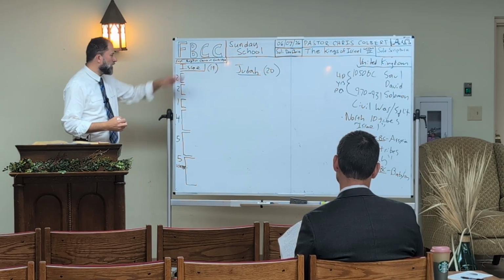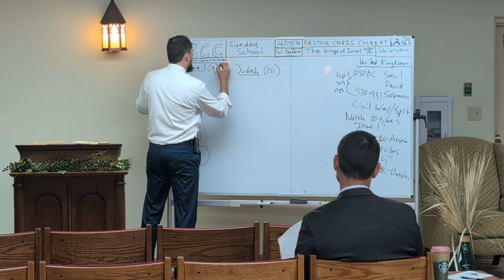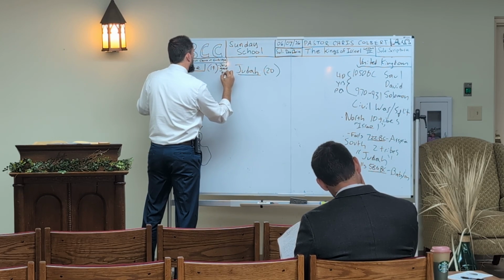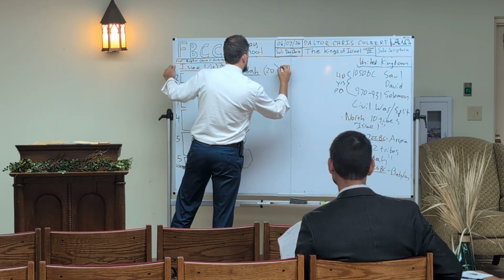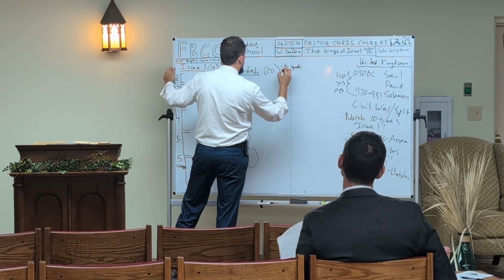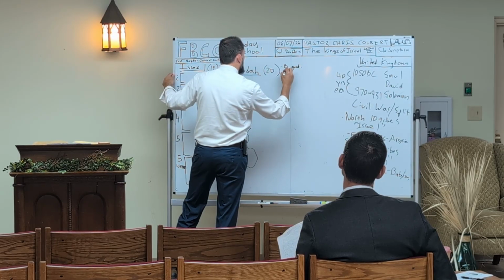So how many good kings were there? Yeah, we'll say 0 good kings. How many good kings were there in Judah? 8. Just the scripture. We're following the scripture that says that they did what was right in the eyes of the Lord, ostensibly related to keeping the covenant's terms. 8 good kings.